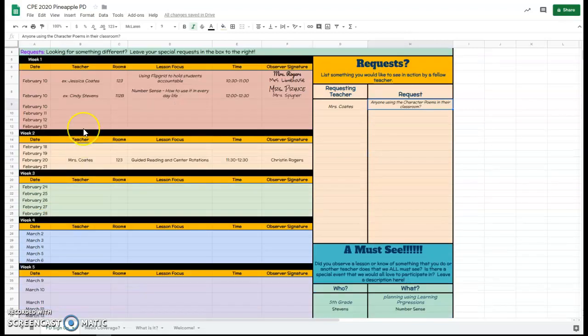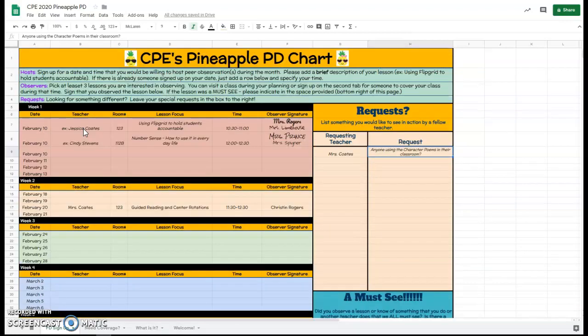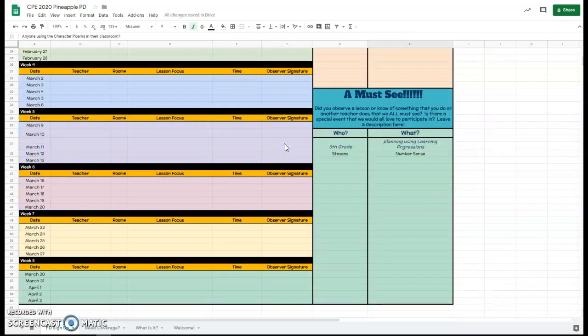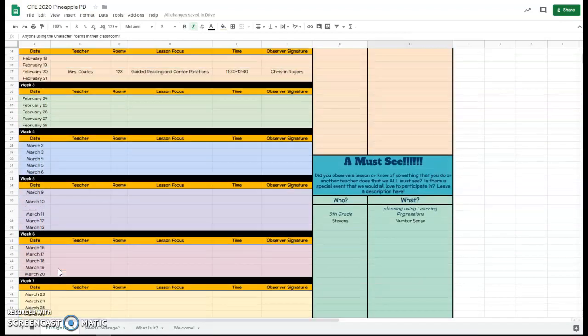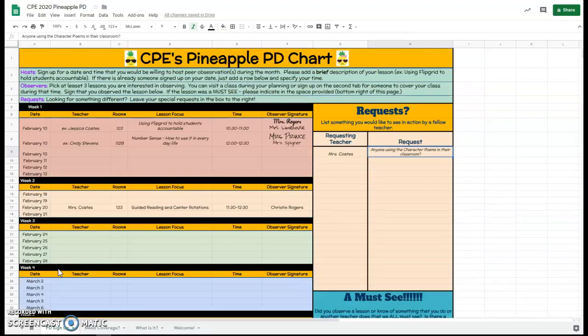If you are signed up to teach a different kind of lesson, you might earn a different week's worth of jeans passes. If you're going to be an observer, every time we see your name over here that you've observed, you earn a jeans pass just for going in and learning from each other. Remember, we are hoping that everyone observes at least 3 other people in action and that the chart is beneficial to all. If you scroll down, you see we've stretched the chart out all the way to April 3rd. And of course, we can add more dates after we get to that point of the year.